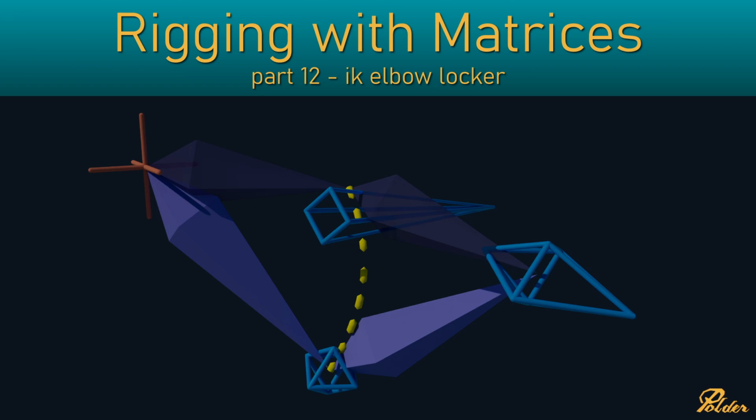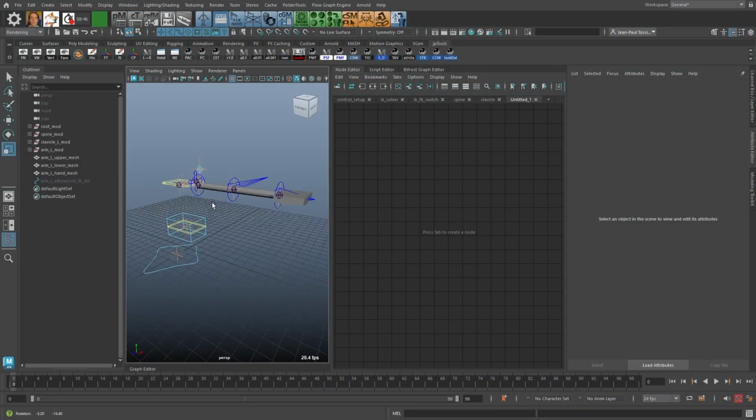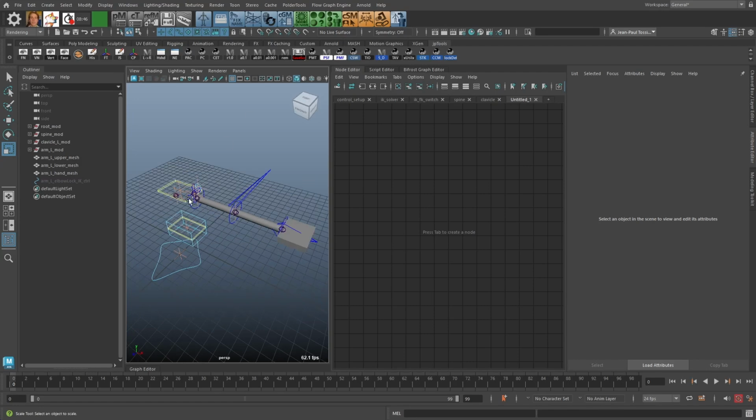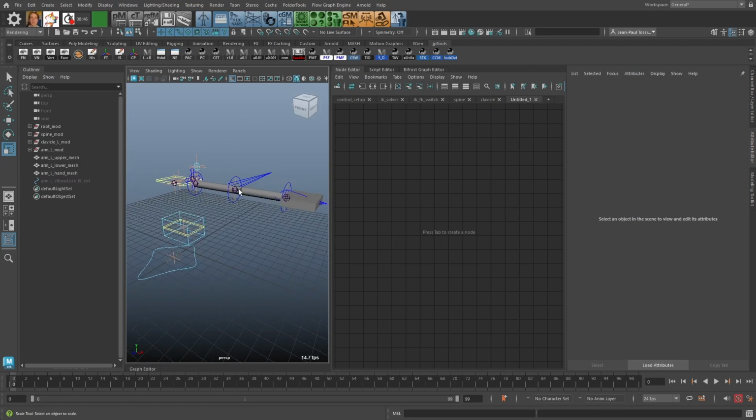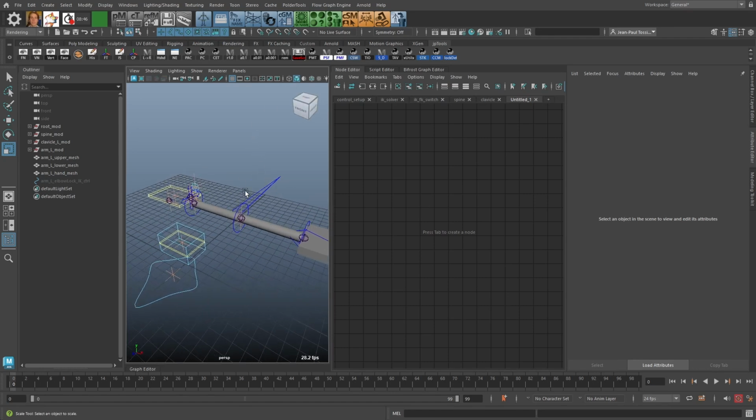IK elbow locker. In this episode I want to have a look at adding an IK elbow locker to the arm rig that we have created. An IK elbow locker is an extra control that you can enable in such a way that the elbow of the arm 100% blends to that position and stays at that position, which can be handy when you're animating elbows